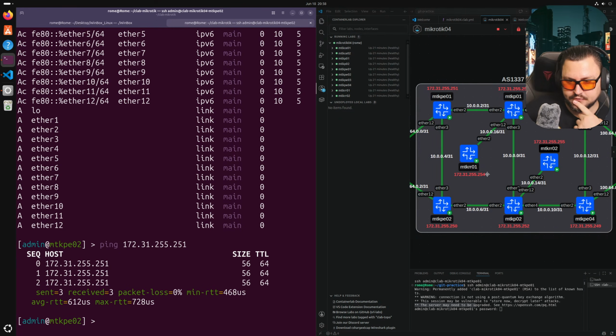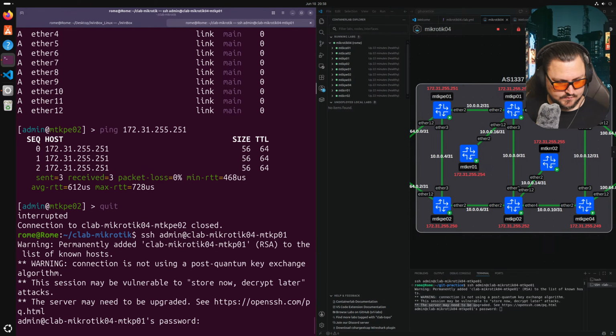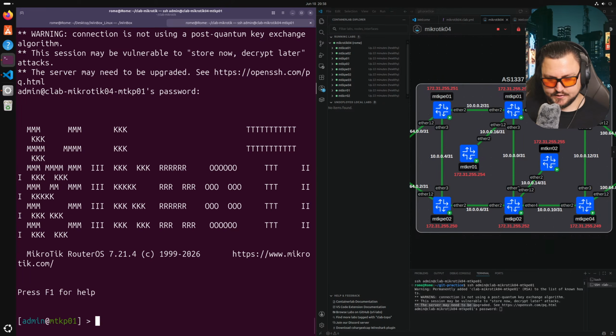Well, I'm going to do quite a few. I'm going to do all of them, including the route reflectors, although the route reflectors don't take any MPLS config. So, let's go next. I'm just going to up arrow and go MikroTik P01. Perfect. I'll do these three through the command line, and then the next three I'll just